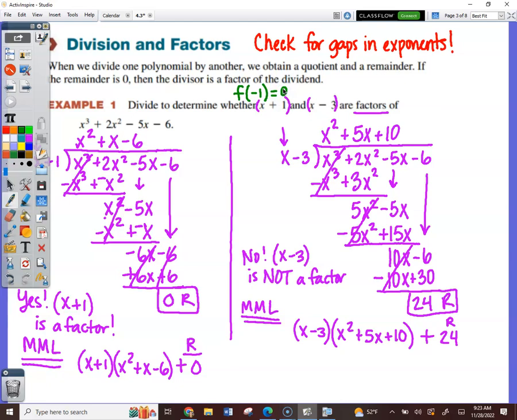What number could I have checked here? I could have checked 3, and I'm pretty sure, can you do this for me real quick? Plug 3 in there. I'm pretty sure you get the remainder. I think it's 24. Pretty sure when you plug 3 in, you get the remainder, which would tell you that one's not going to be pretty. So you could have done that in the beginning to know, like when you go through this, if you